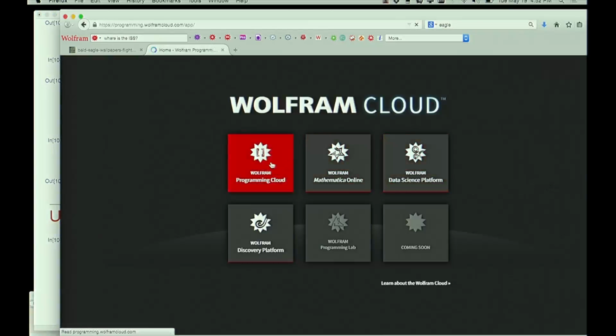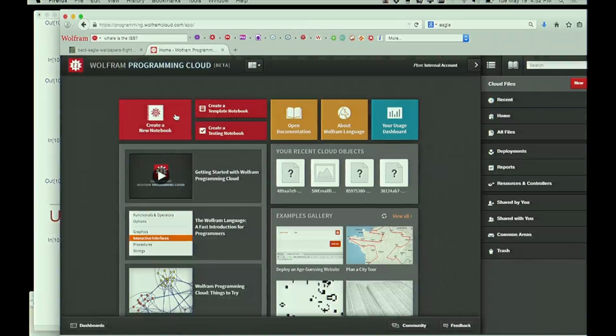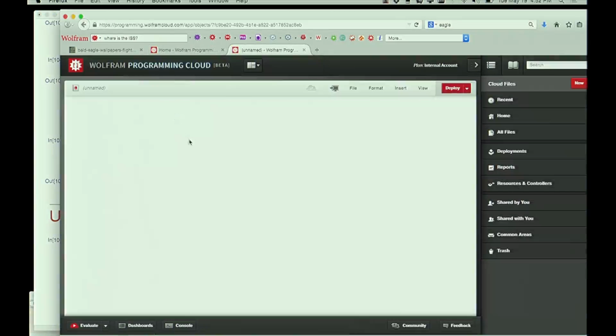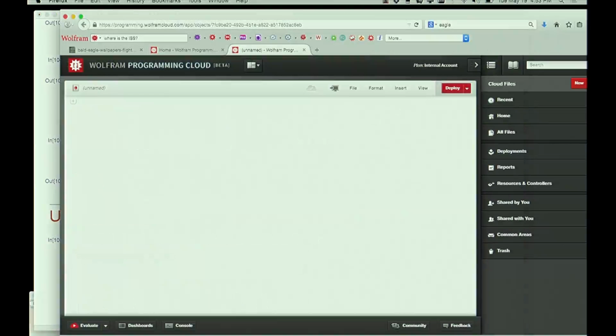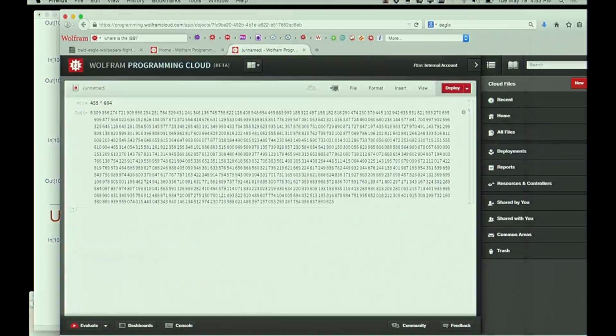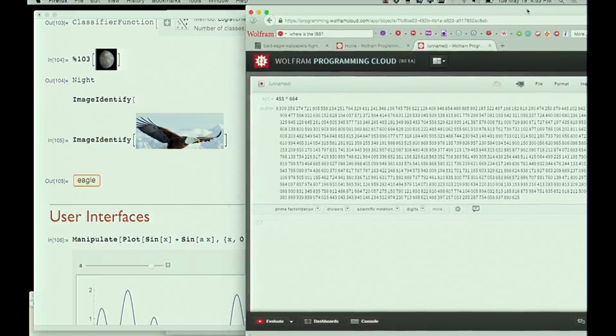But it's one that is now almost done. I can take one of these things here, whatever I want, and I can do the same thing here as I could do on the desktop, but now it's just operating in a web browser.